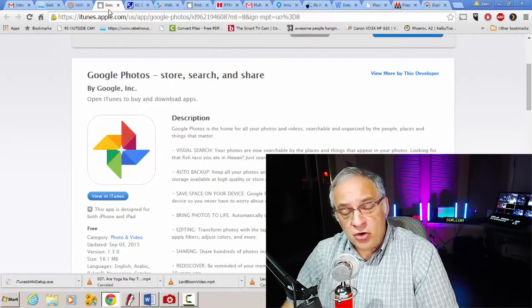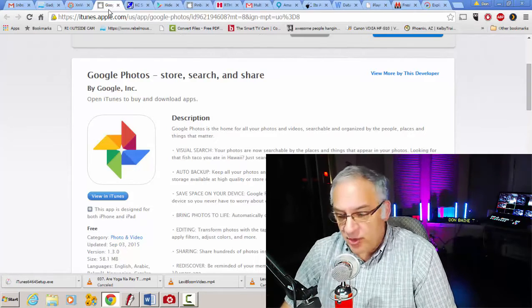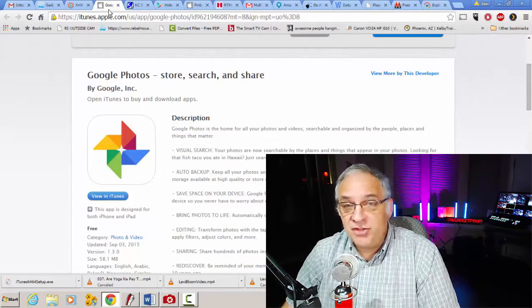It works really well. Now, speaking of organization, this I covered 2 weeks ago. I must have received, I would say, 10 to 15 emails, again asking me what the product was. If you had the show notes, you would know, but since I had so much email, I'm going to mention it again. It's called Google Photos, and you can store, search, and share your photos. And what's phenomenal about this, and I think that's why I had so many emails, it's unlimited capacity. Yeah, I know, it's unlimited capacity to store all your photographs, and it's just an amazing tool,